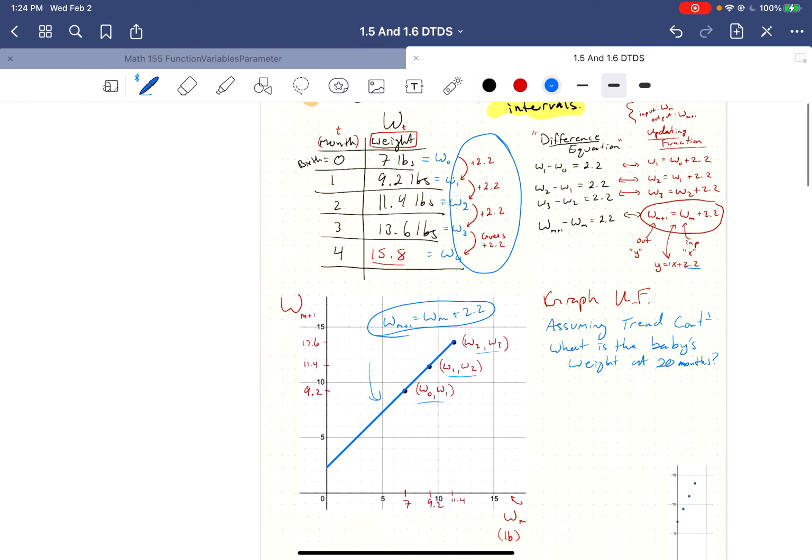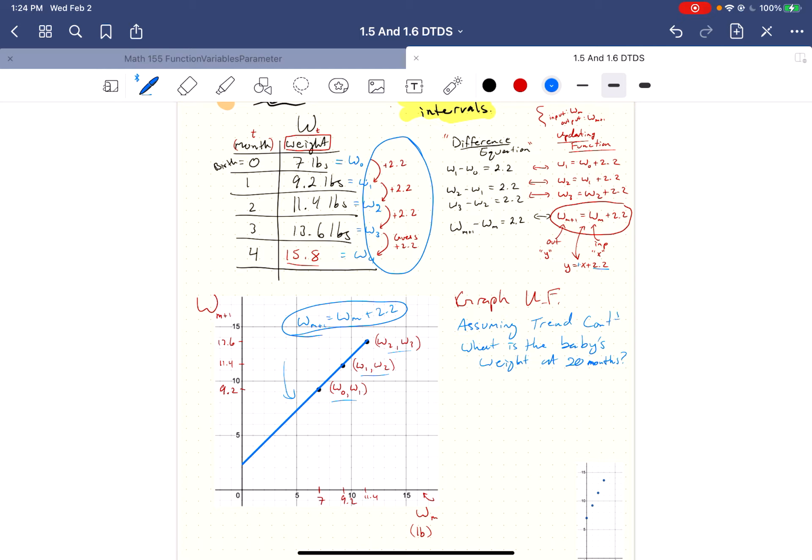Okay. All right. So pause the video, try and figure that out. What is the baby's weight at 20 months? Okay, so